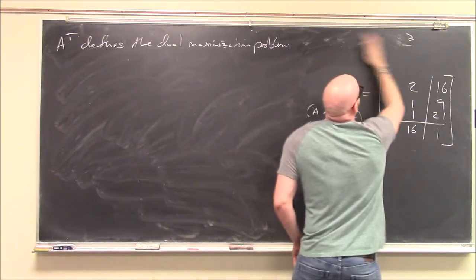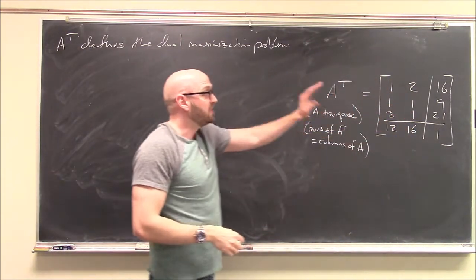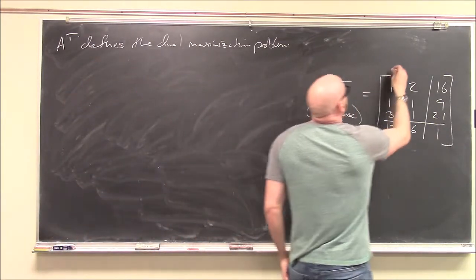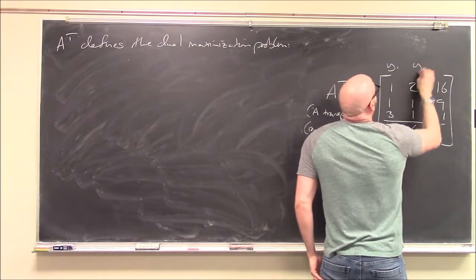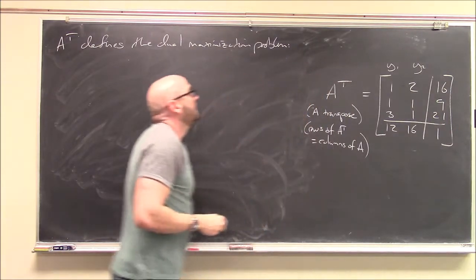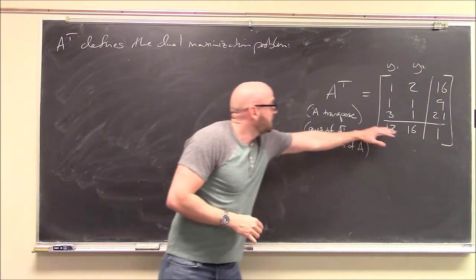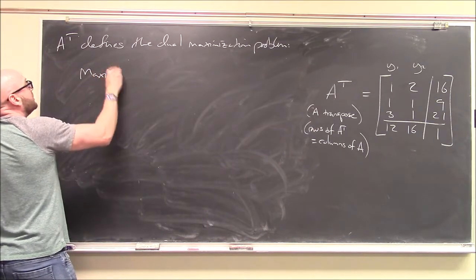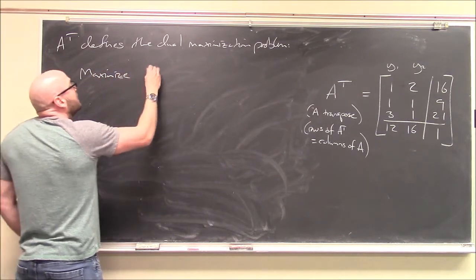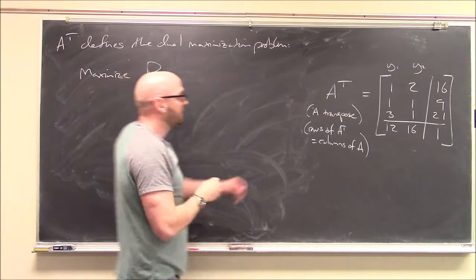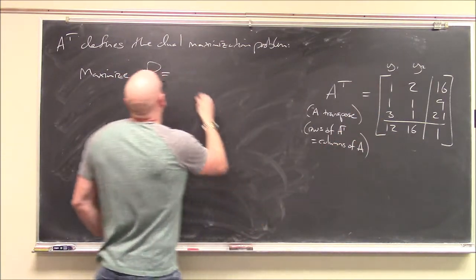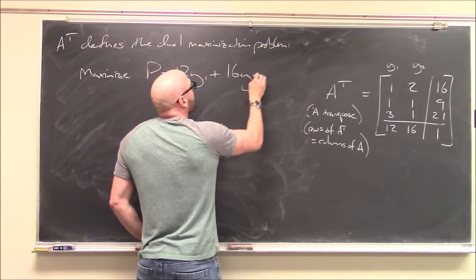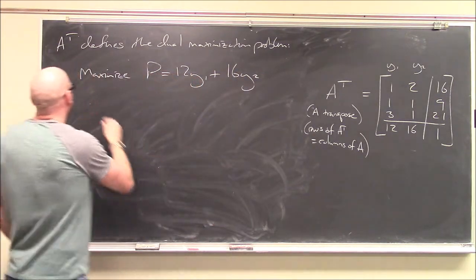And what I mean by that is it's still a coefficient matrix, it's just a coefficient matrix for a different problem. And if I want to give these variable names, how about y1 and y2? Well then what do I have? I've got an objective function down in the bottom. And the dual maximization problem is to maximize this. Maximize p equals 12y1 plus 16y2 subject to,